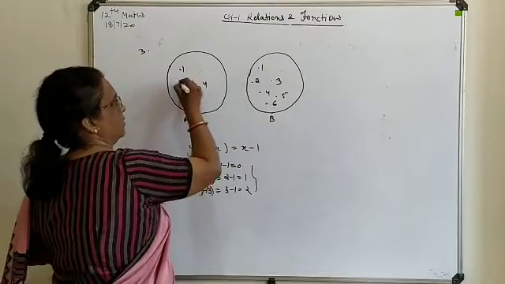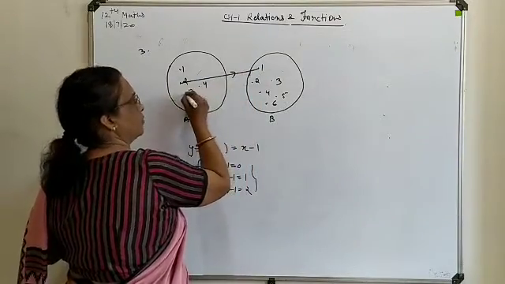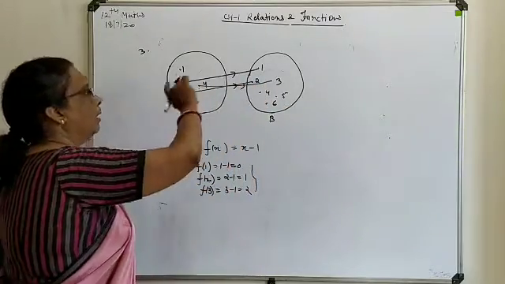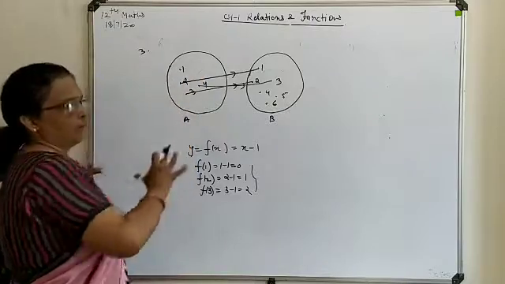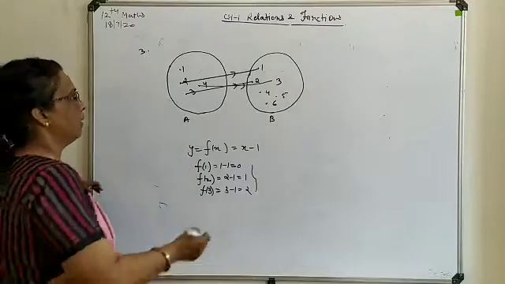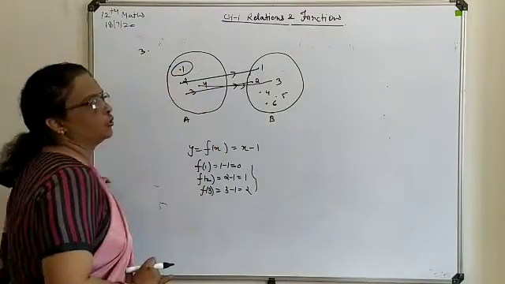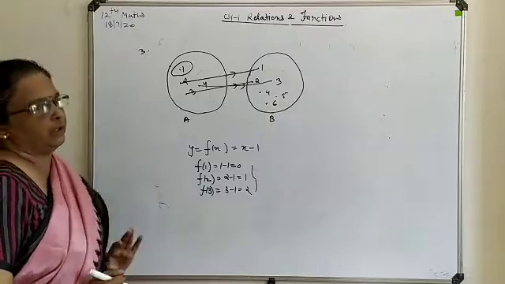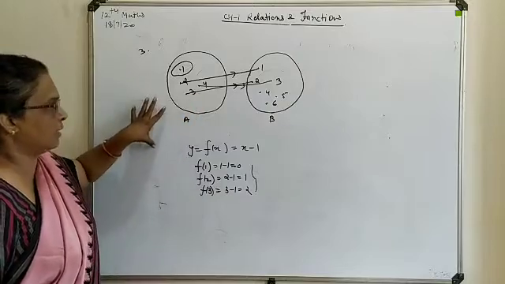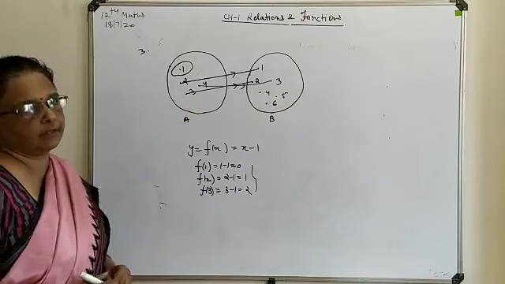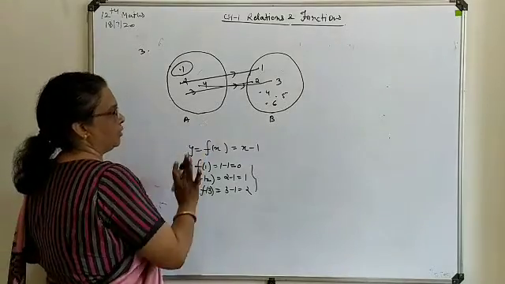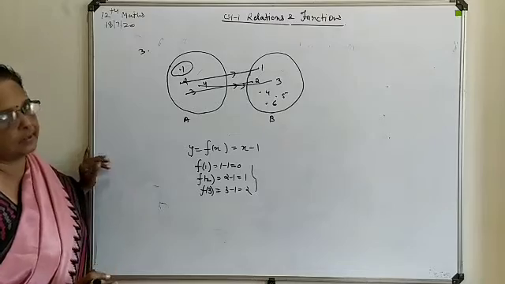With respect to 2, answer is coming 1. With respect to 3, answer will come 2. With respect to 4, answer will come 3. So that way, except this one, all the elements are going to take part in formation of their respective image. So here, this one is going to remain as such, which is not taking part in formation of your y. So in this case, it will not be considered as a function, it is a relation only. So this is one condition in which your relation will not be considered as a function.